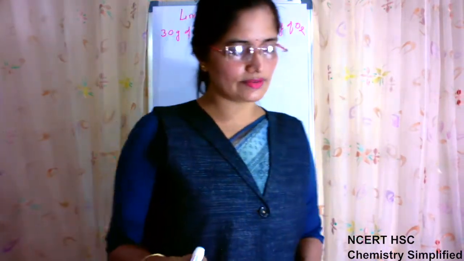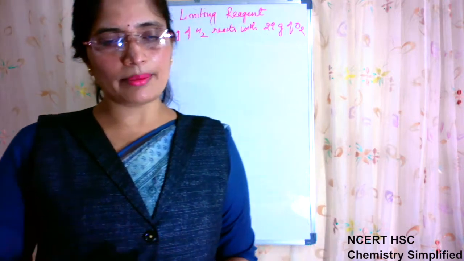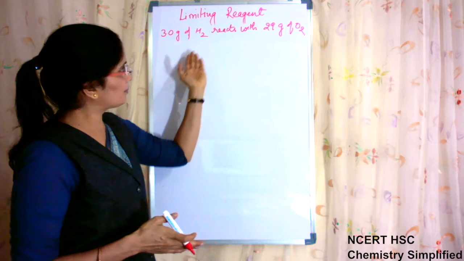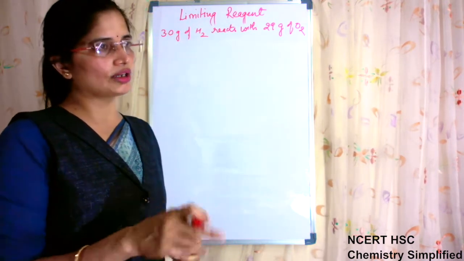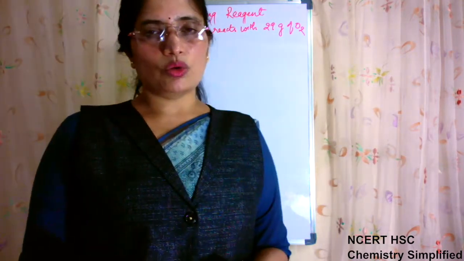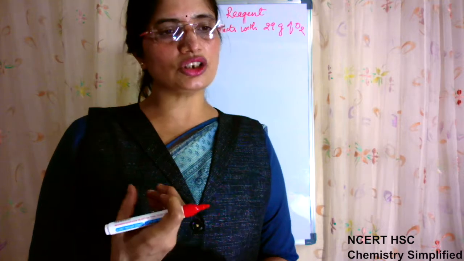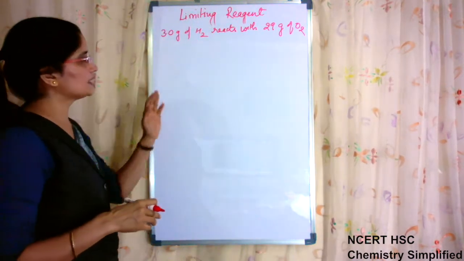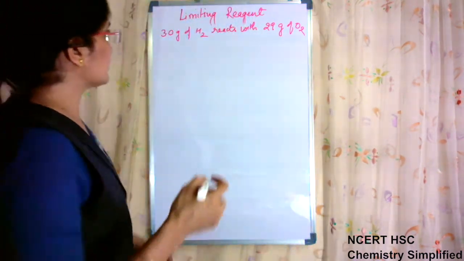Now what are the things we have to find? Again the same things: which is the limiting reagent in the reaction, and when one of them is the limiting reagent, calculate the amount of product formed according to the limiting reagent. And the third thing we have to find is the extra amount, that is, if one of the components is the limiting reagent, how much amount is lacking for the reaction to complete. Those 3 things we have to calculate. Okay, then we start with it.